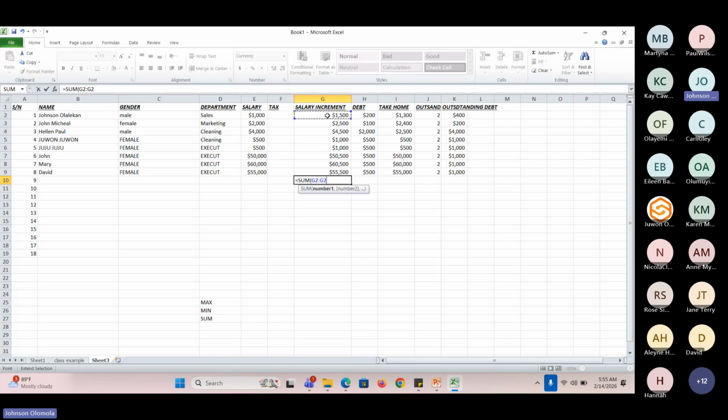Column means range. Range means take from G2 all through to G9, like add everything from G2 to G9. That sums everything together. Immediately you press enter. Let me now bold this. This tells me that the total amount of salary that we now have after the increment is